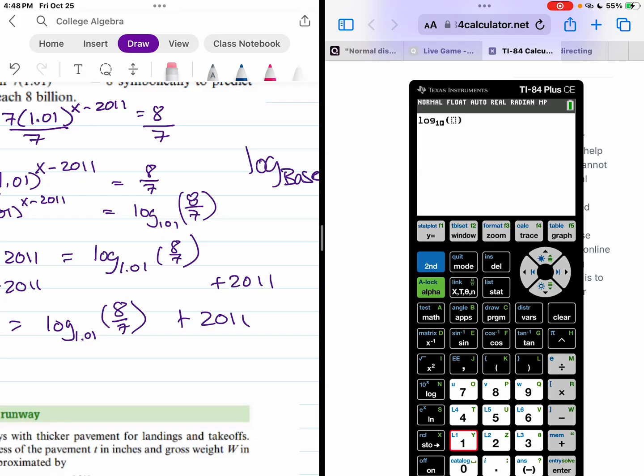Go ahead and type in our 1.01 for our base. And then inside there, we can put a fraction, alpha y equals. And then I'm going to put 8/7. Again, that's the most accurate way to represent it, so let's leave it like that. Don't convert it to a decimal. And then now do plus 2011, and then I'm going to hit enter. And that tells me that approximately